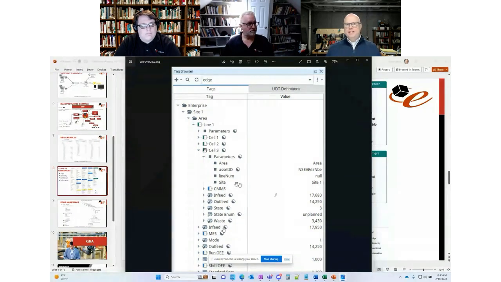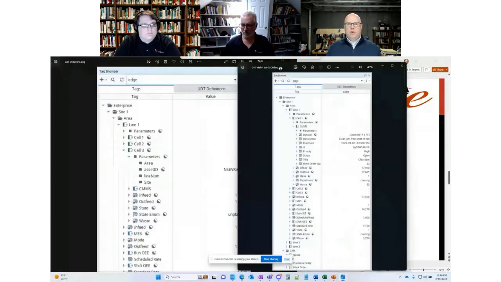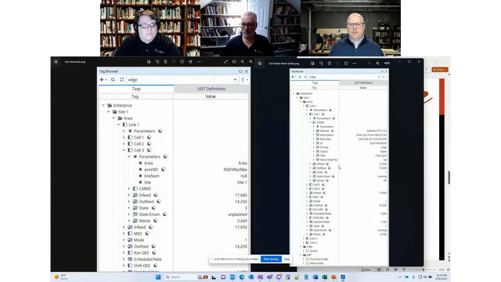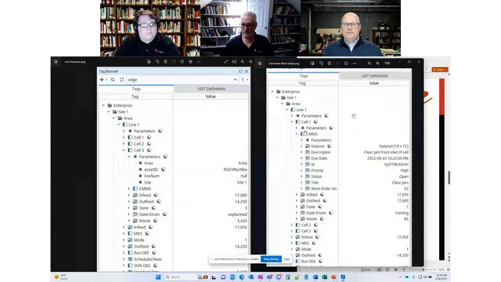So really what that CMMS namespace is telling you is that if I have a downtime event, and I can see that because my edge tag is saying, hey, you're down, it's also tracked in my OEE. Now you can see that the state of the equipment is electrical, mechanical, that type of thing. I may also want to know, is there an active work order on this particular piece of equipment? Say there's a jam in my caser, is what you can see here, I will now know, or I can see in real time, if there's